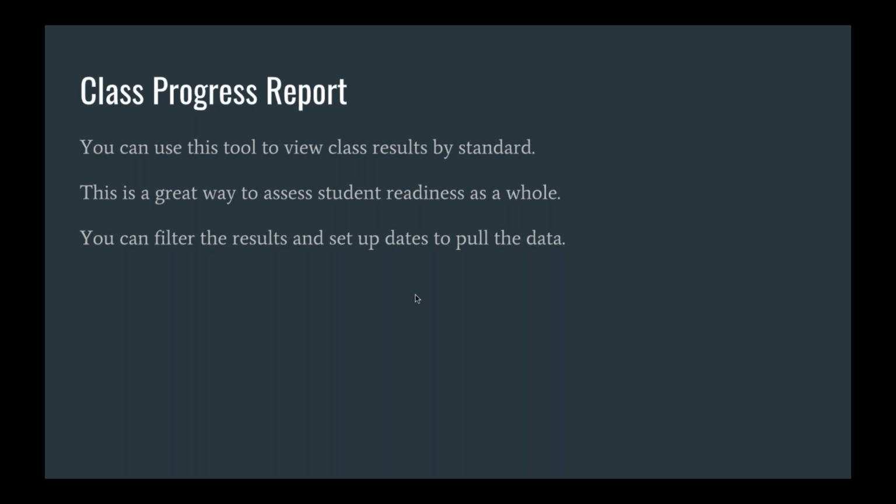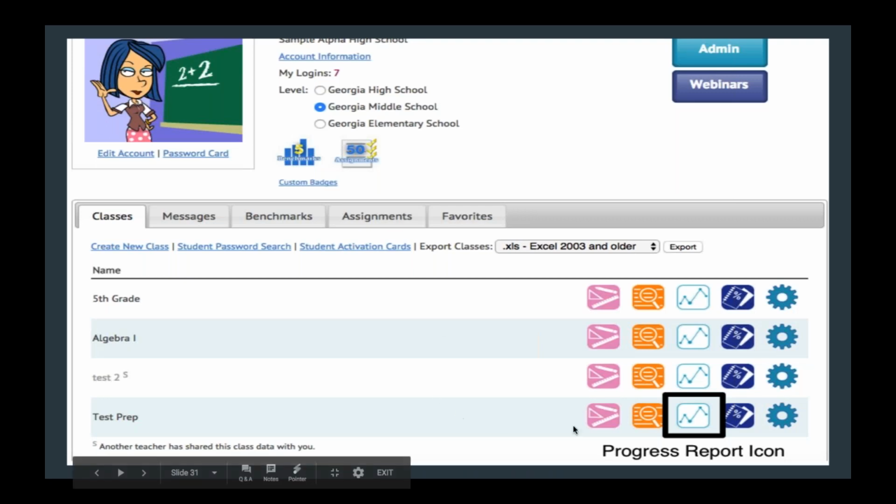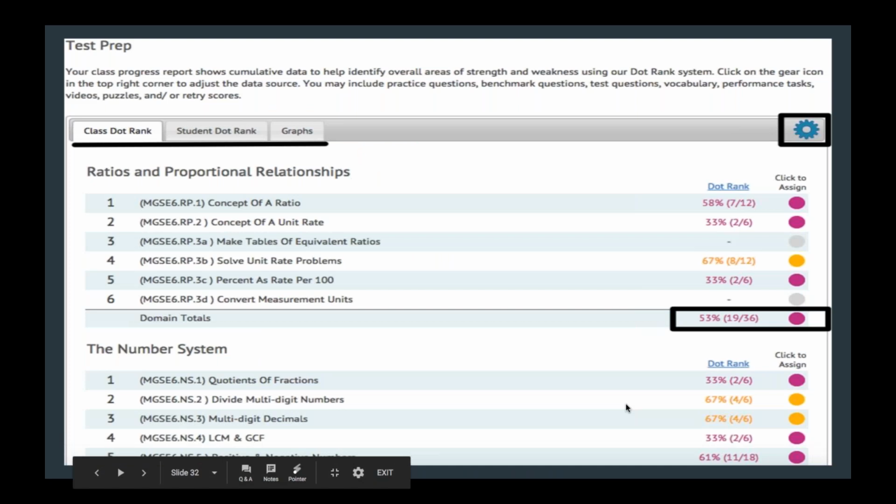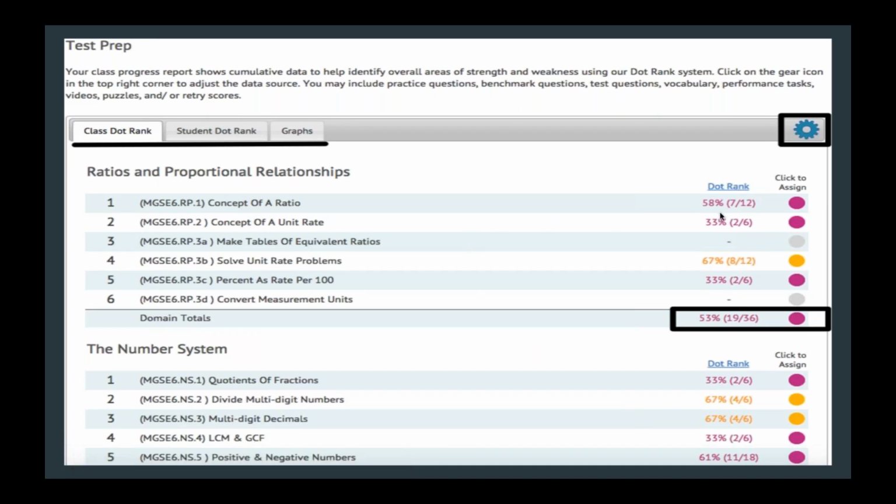So you can filter your results to pull up certain dates or to pull different data. The way that you do this is you'll click on this progress report icon. It's your third icon next to your class. When you click here, you'll choose your content area. We're going to look at 6th grade math. When we look here, you'll see that right now my students are answering 53% of the questions correctly in